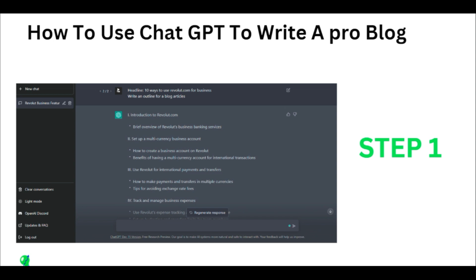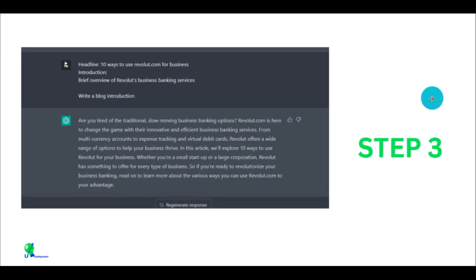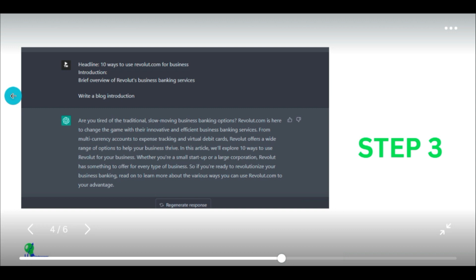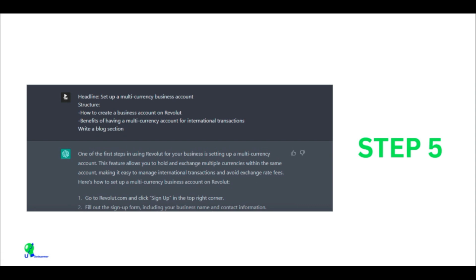This first one, you can see how I set it up. This is how you can set the first step. And the second step, this is how you can set it. The third step, this is how you can set it. Sorry, the third step, we missed the third step. So the third step, this is how you can set it up. And the fourth step, this is how you can set it up. And the final step, this is how you can set it up.